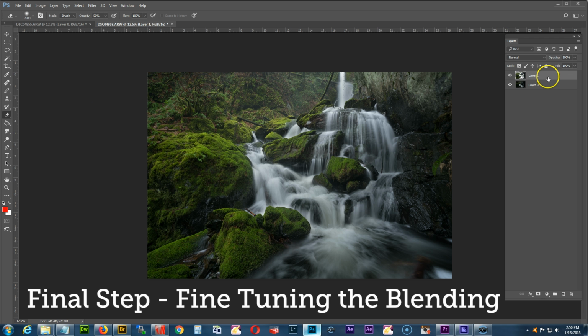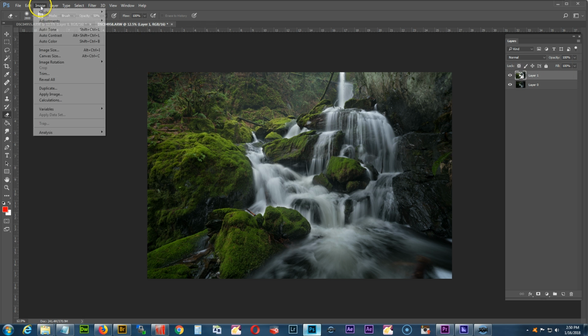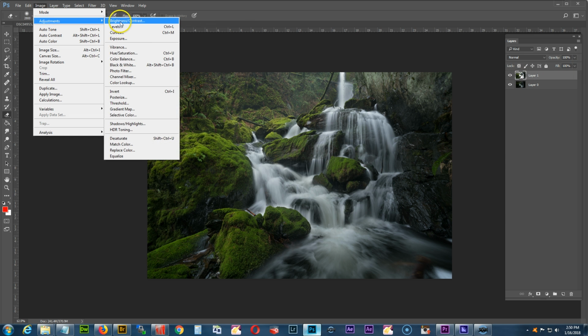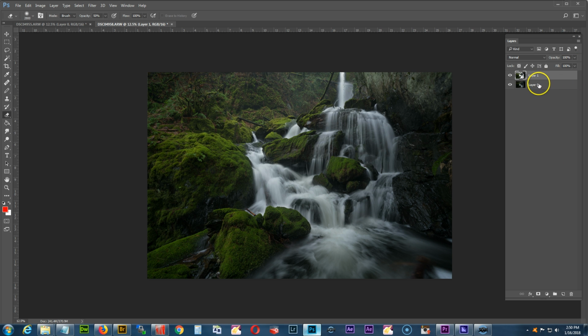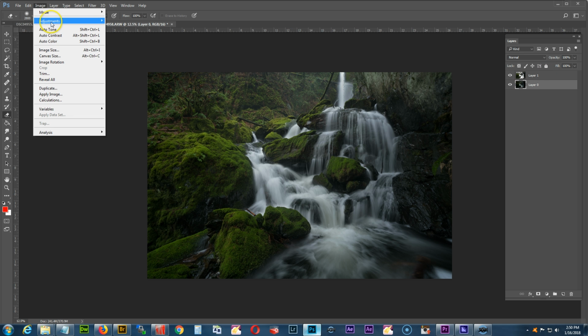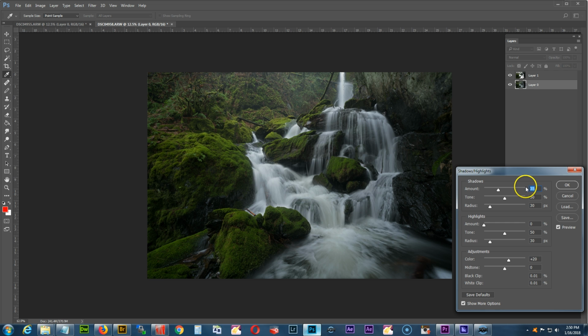And lastly, with our final step, we're going to fine-tune the blending. To make the two layers blend more seamlessly, I'm going to make the overexposed layer slightly darker. So I'll choose Image, Adjustments, Brightness Contrast, and I'll set the brightness to about -38. I can also brighten up the darker exposure underneath slightly so that it gets closer to the brightness of the overexposed layer on top by going to Image, Adjustments, Shadows, Highlights, and then I'm going to set the shadow amount